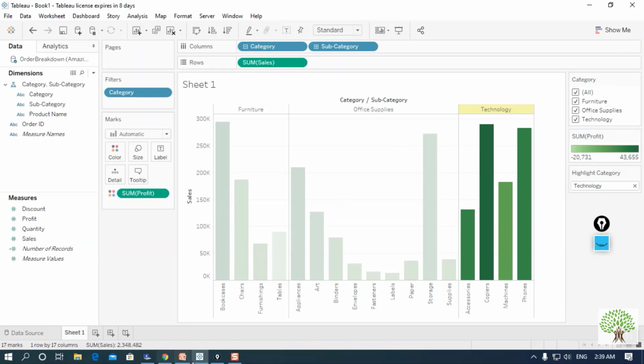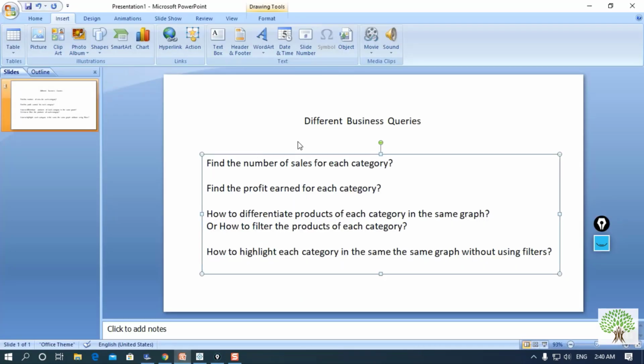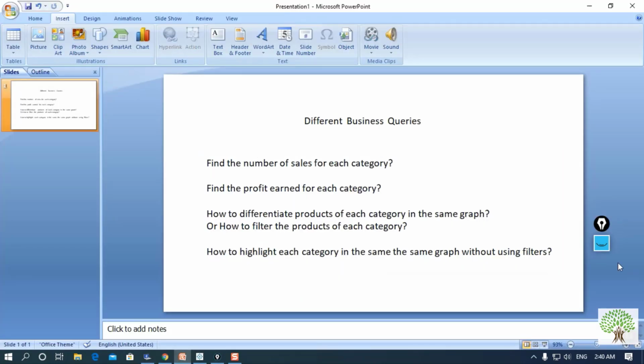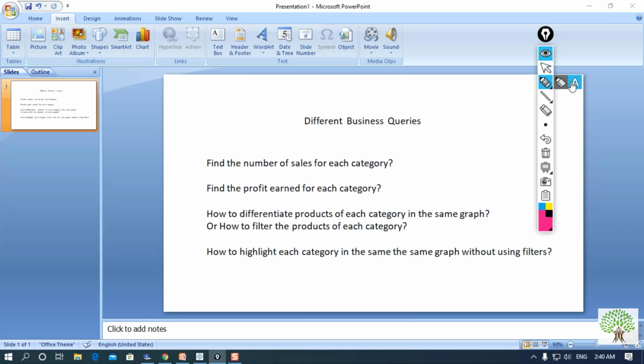So here, for resolving the queries that have arisen, we used the filters. Let me show you. So what all things did we learn here? We learned how to apply a filter, how to apply a highlighter, and how to create a hierarchy, which will be helpful for generating the hierarchical format, right? So hope you have understood, and thank you for joining.